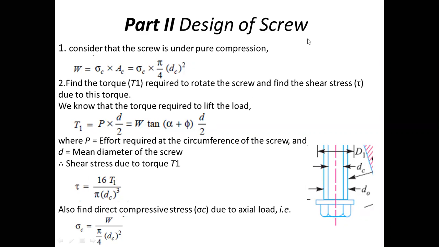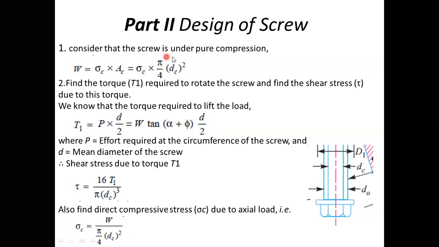Before starting with the design of the screw, we will assume factor of safety. A screw jack is a lifting device and it is subjected to certain hazards. Breakdown of the jack can cause injury to the operator and damage to the machine parts. Therefore, screw jacks should be robust in construction. To account for this safety aspect, higher factor of safety of 5 is used for the components of the screw jack. Now, let us start with the first step of the design of the screw.